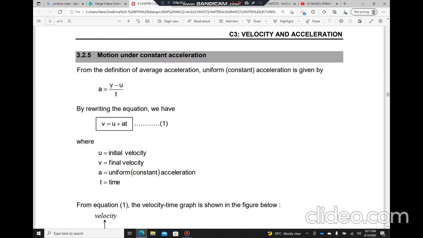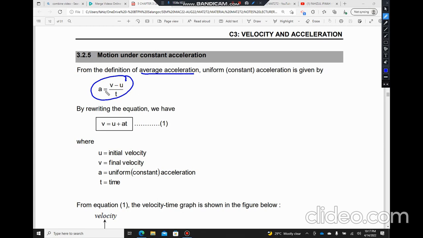So the formula is, if we want the average acceleration, we take the final velocity V minus the initial velocity U, halaju akhir V tolak dengan halaju awal U, and then divide by t, jumlah masa. Since we have the formula here for average acceleration,